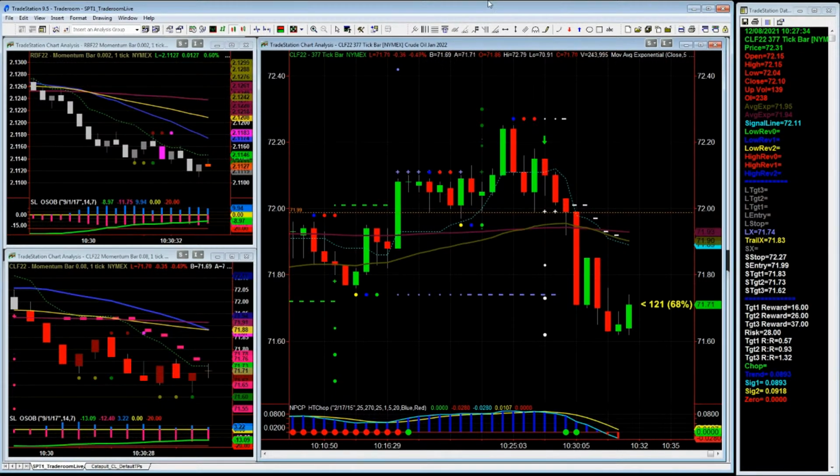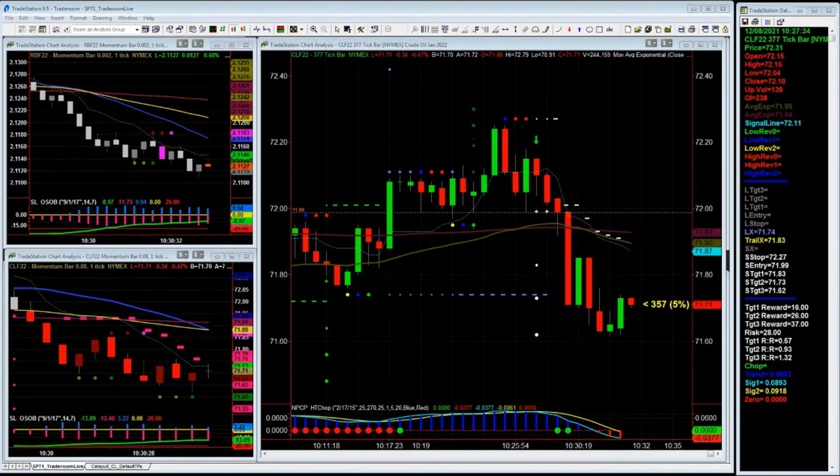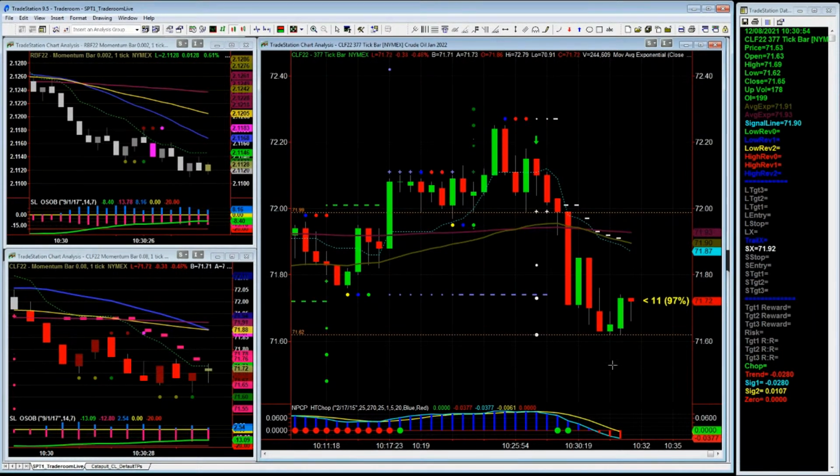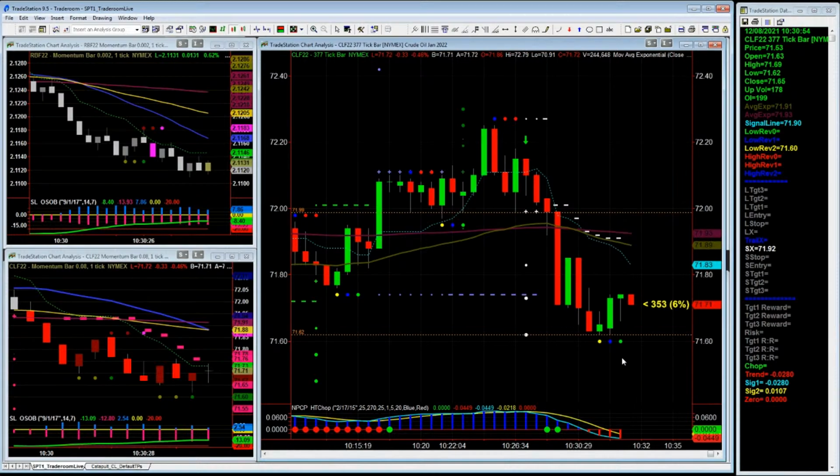So we're still waiting. Could that be the end of our reaction to the downside? Definitely got about another 50 seconds until we start looking for a setup to take. So far, there isn't one. This is looking like the end of the reaction here. Kind of a tight range. Not sure